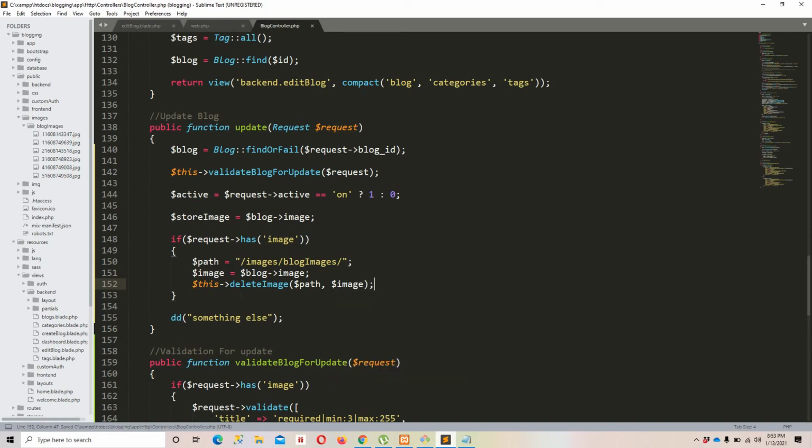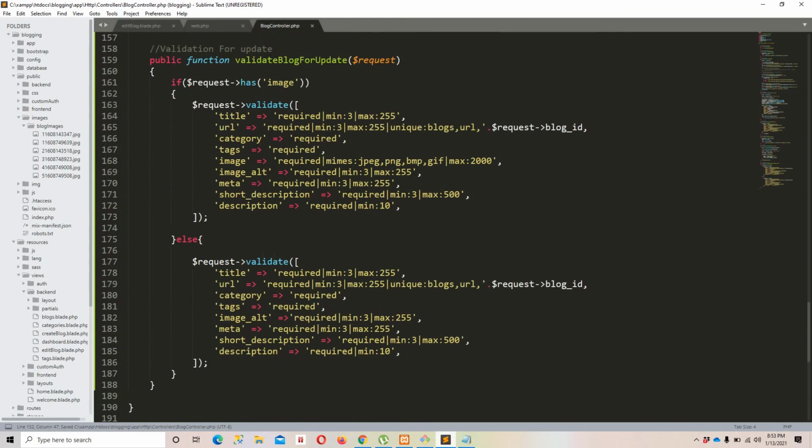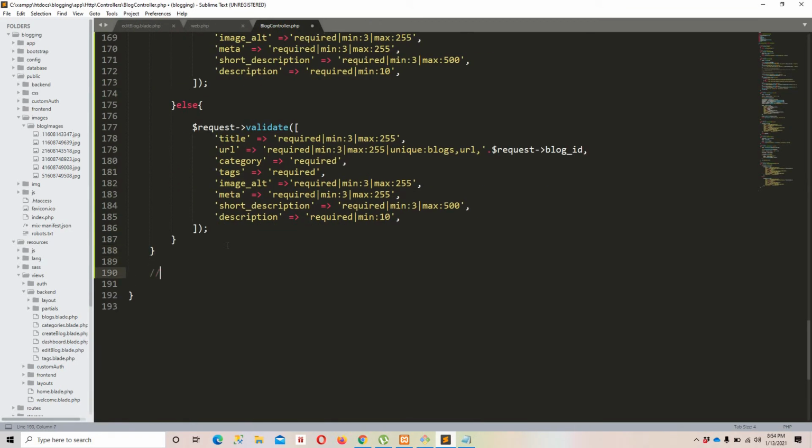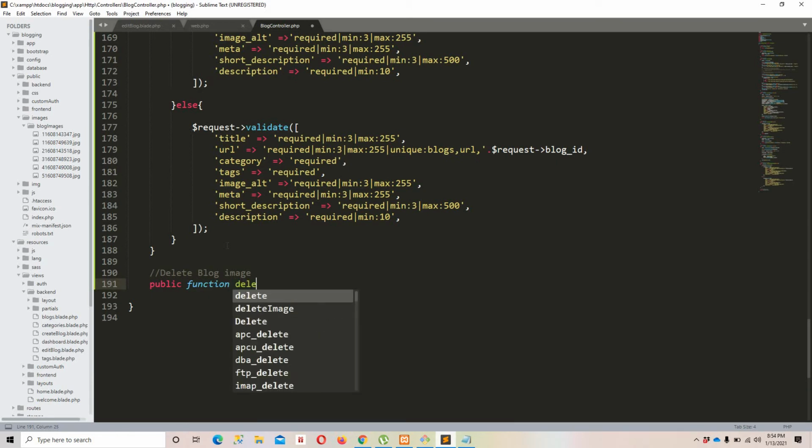Now it's time to implement this delete image method, so I will move forward right here. Yeah, this is the closing. Now let's put a comment, delete blog image. Let's move forward, create a function or method, delete image, this one, and I'm going to get the path and